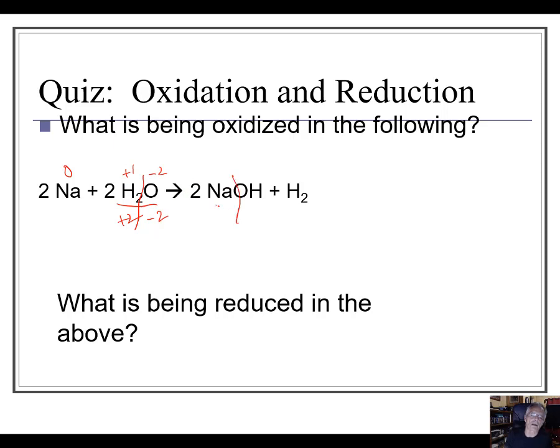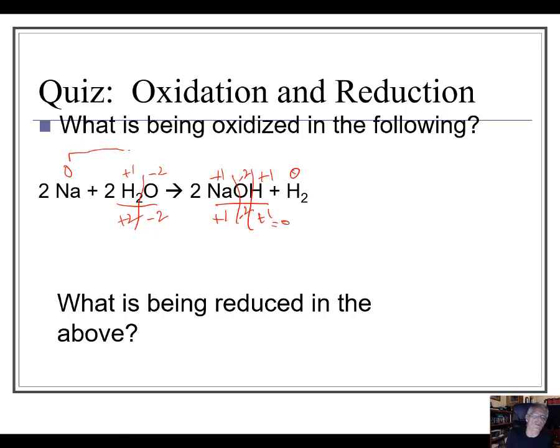Over here, if we're going to split these guys up, hydrogen's a plus 1, as I just said. Sodium is a plus 1. Oxygen is a minus 2. They all add up to 0. And then hydrogen in its elemental form, just as an element, has an oxidation state of 0. So what's being oxidized? Well,